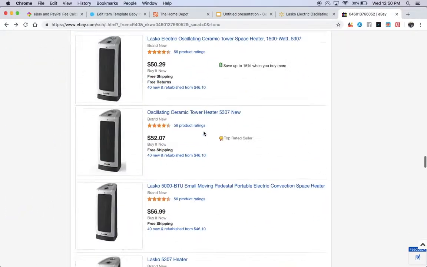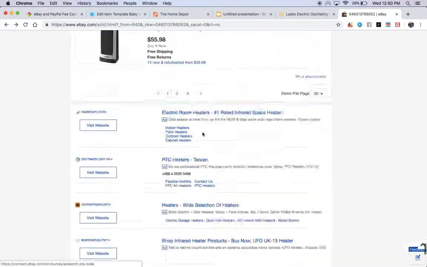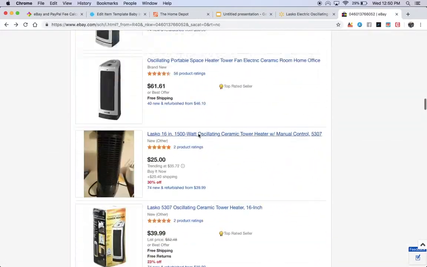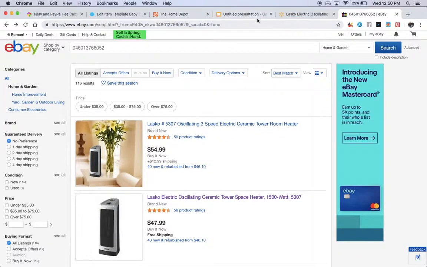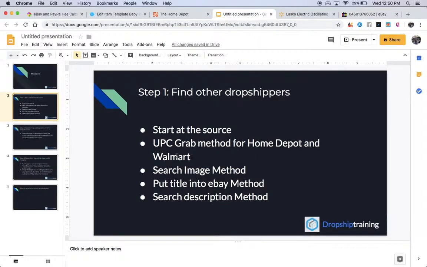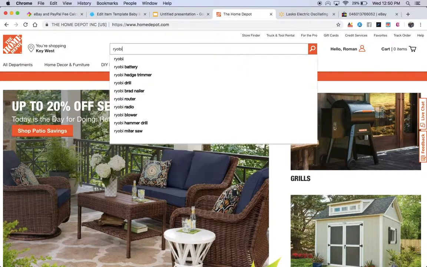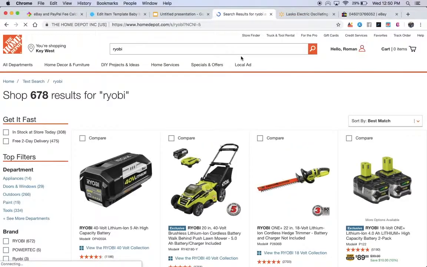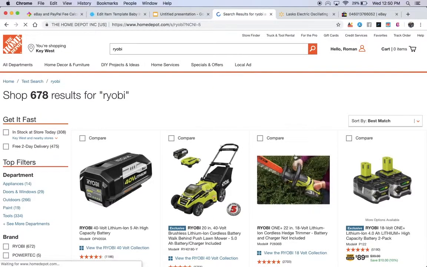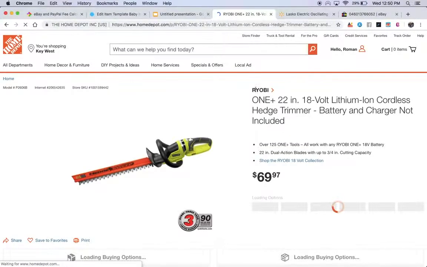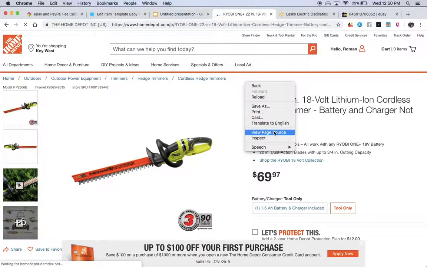Look at this. All these guys are drop shippers. I'm telling you, all these guys are drop shippers. Okay. So that is one method of finding other drop shippers. And by the way, the same thing works at Home Depot. So it's basically the same exact thing. You find a Home Depot item and you do the same thing. You view the source. Let me show you. You click here, you control click, view page source. Make sure you click that. Okay. Then click Command F,